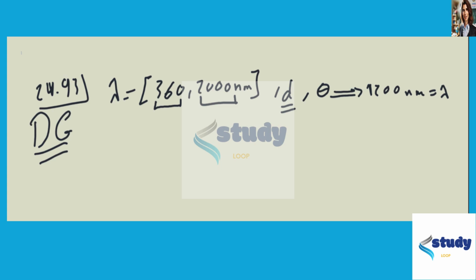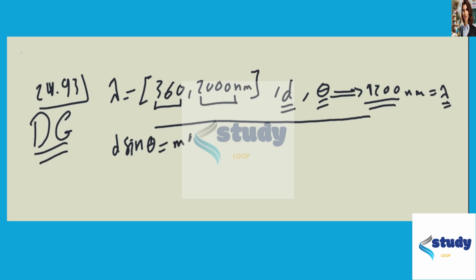And we observed that the first order fringe of the wavelength 1200 nanometers occurred at an angle theta. The question is asking what other wavelengths we are going to observe at the same angle theta. We can consult the relationship that we know about diffraction gratings, which is